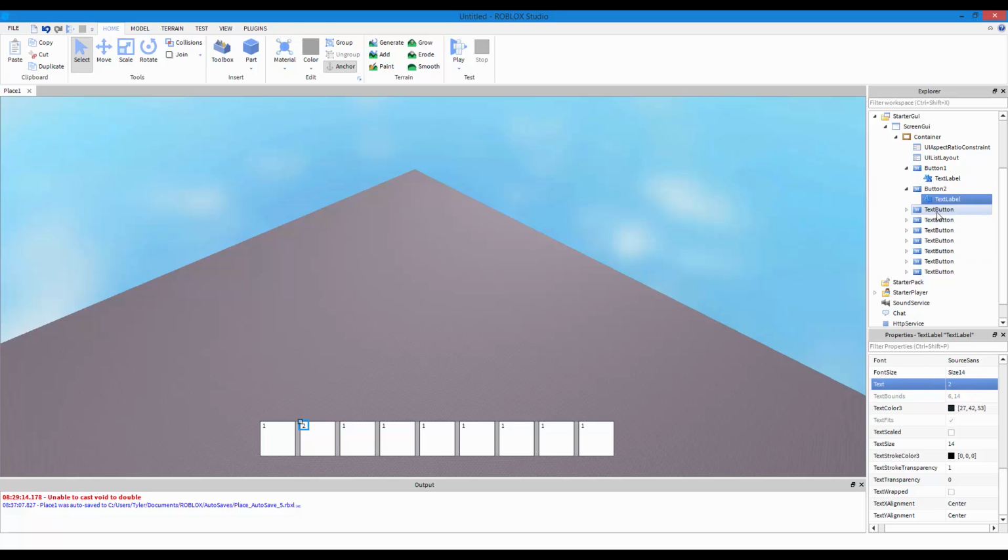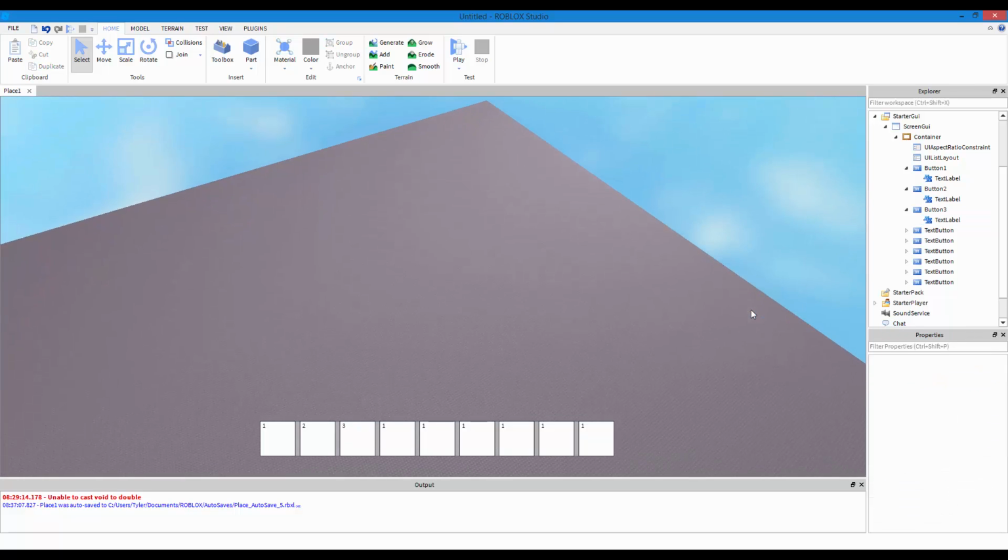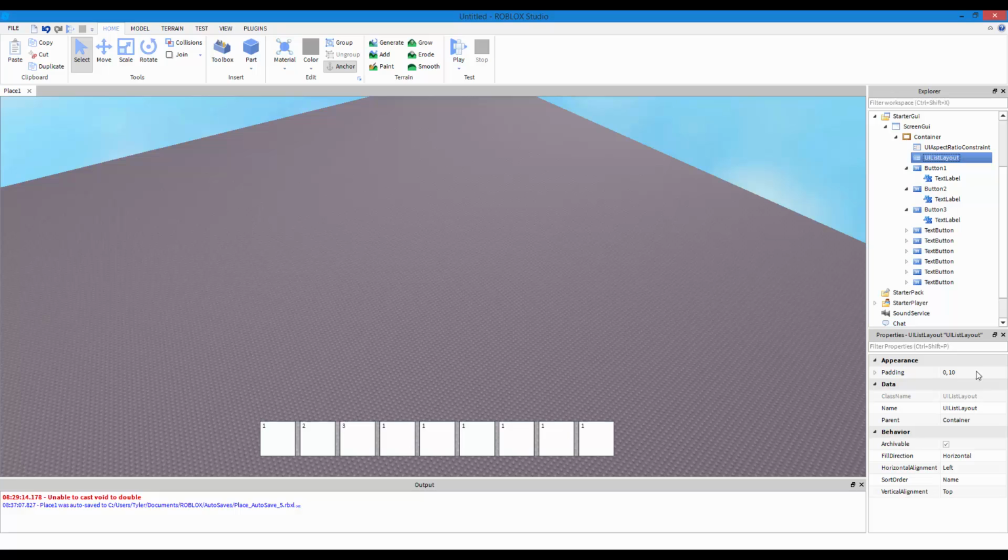Actually, it looks like everything's going perfectly fine, because it's not doing what it was doing last time. I don't know why, but anyways, let's just mess around with this because I want you guys to understand what all this is.